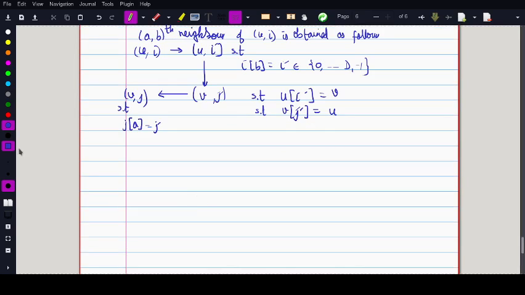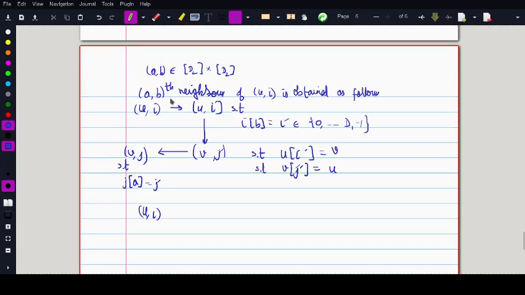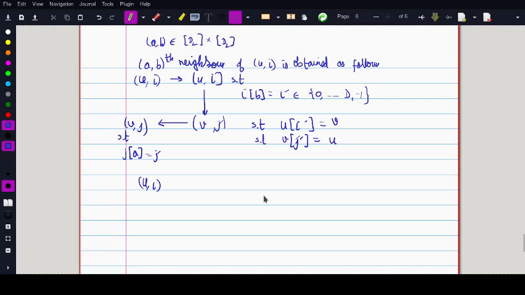Now first of all, note that each vertex u comma I has abth neighbors, where a and b range over d2. So for each of these u comma I, you can choose a and b in d2 square different ways. So each of these will be connected to d2 square vertices. So in fact, the graph g1 zigzag product g2 is a d2 square regular graph,